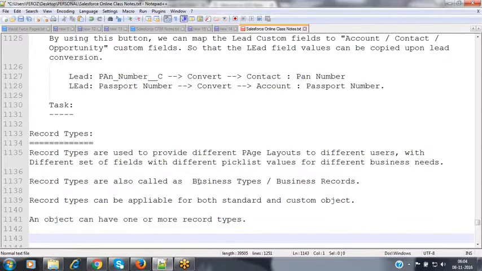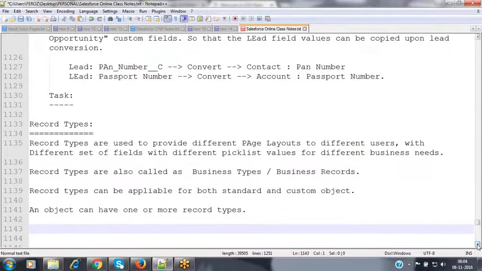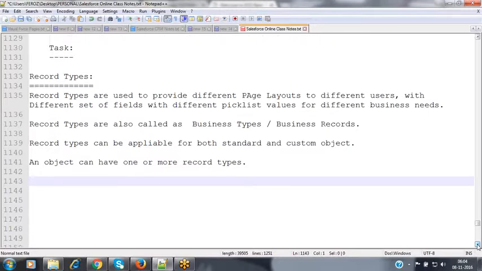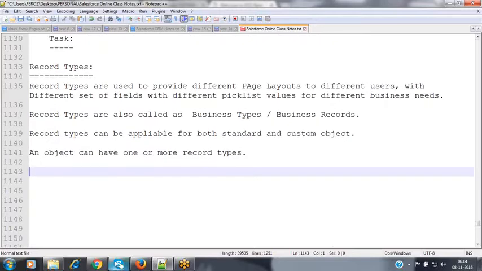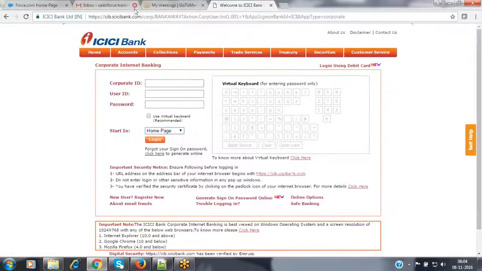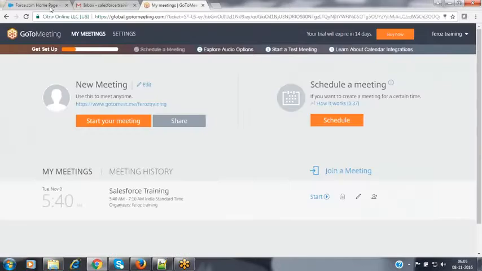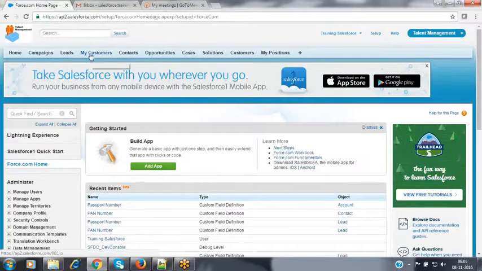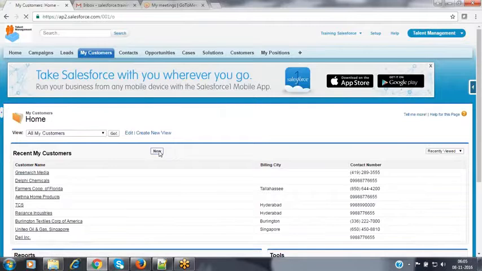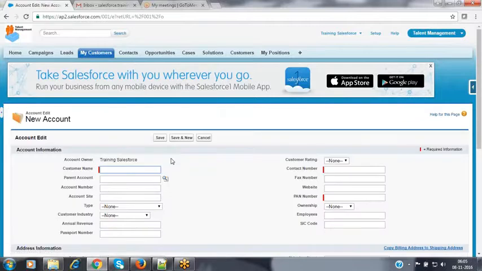Now observe this. It depends upon the selection of that option. For example, whenever you create a new record in Salesforce, say you go to my customers, nothing but the accounts, and click on the new button, the form opens automatically. But I don't want to open the form.